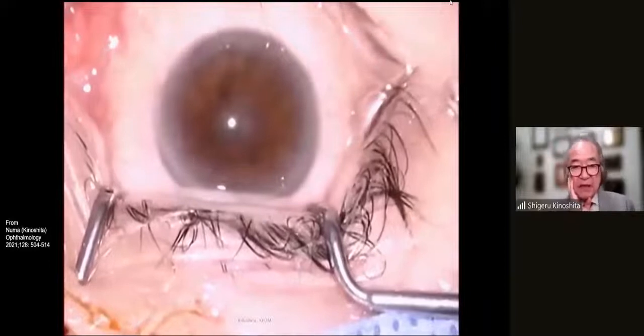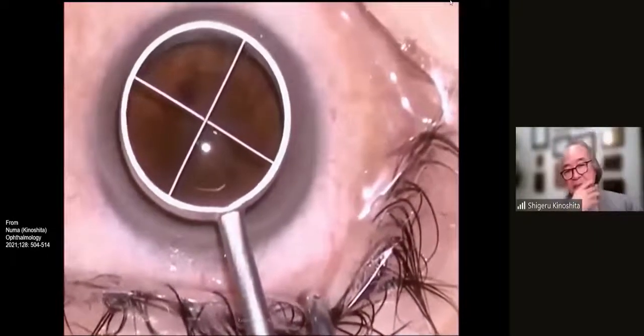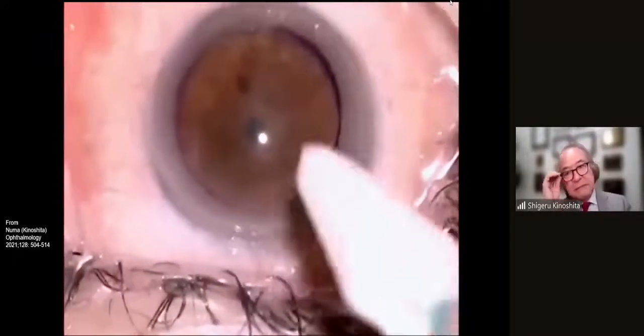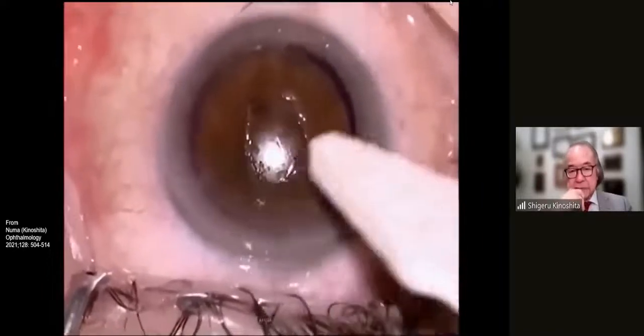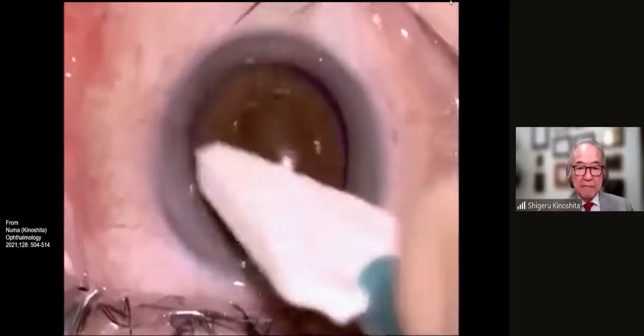Please take a look. Procedure. Under local anesthesia, a device is used to create an 8 mm diameter circle. Corneal epithelium that is loosely attached at the central cornea is gently removed by mechanical rubbing to see the detailed